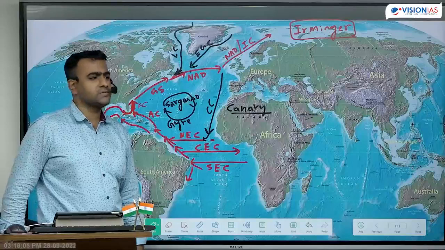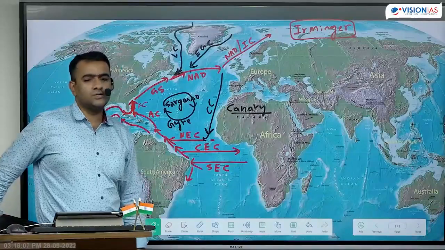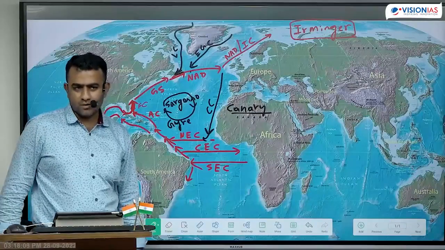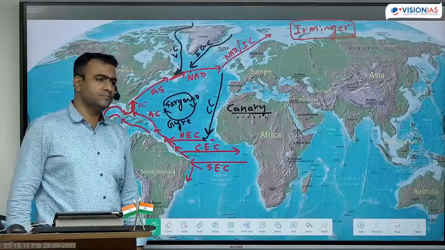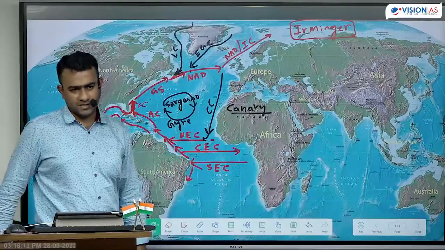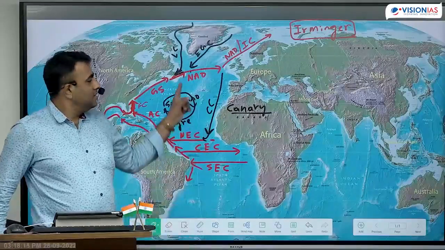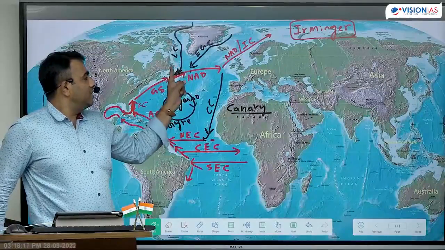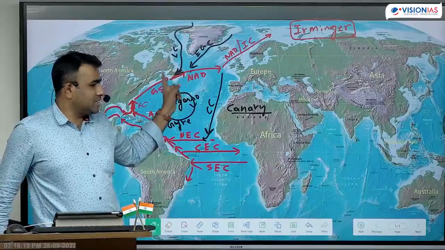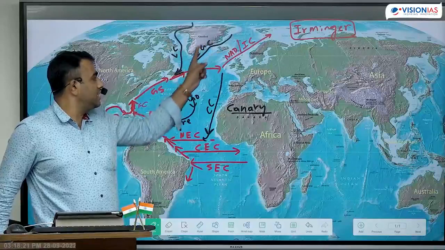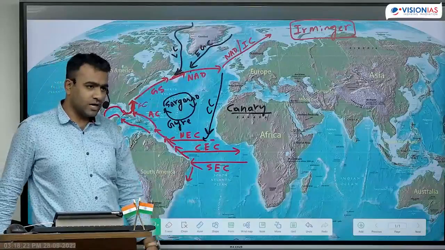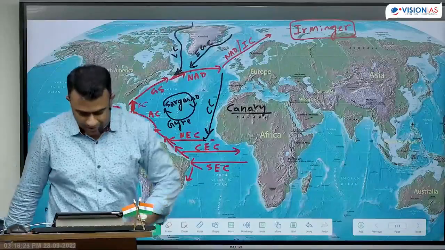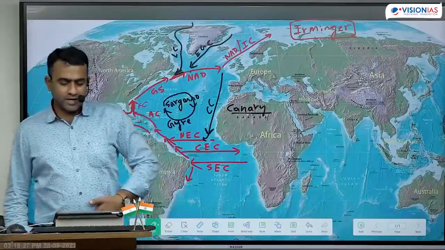This very question came this time: the impact of ocean currents on the fishing industry. We can talk a little more about this under economic activities. So here the merging of Labrador current with the Gulf Stream creates ideal conditions. And again East Greenland current is also merging with North Atlantic Drift. Right, about this, there are two cold ocean currents